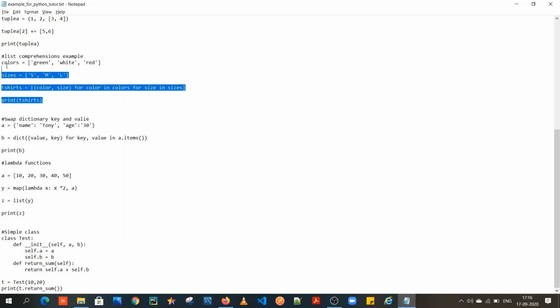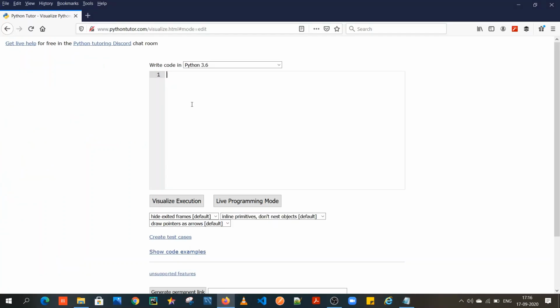Let me quickly copy this code and we'll discuss in the Python Tutor window itself. Now this is a simple list. It has two lists, colors and sizes. These are the colors of t-shirts and these are the sizes of t-shirts. Now this line is where all the not fun parts happen. Anyone who looks at this line is absolutely scared. I would be if I was just starting. Even if I was a little bit experienced, even then I would be scared. But our friend Python Tutor will help us, and let's see how.